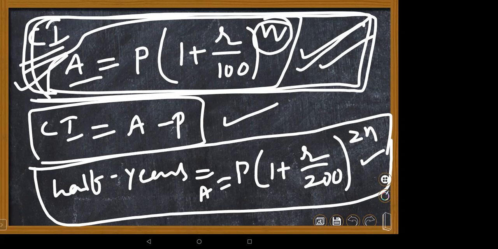Yes. So suppose they're asking 2.5 years. For the first 2 years, you need to find it out using the compound interest formula, half yearly. Then for the last half year, take the principal as the same. Yes, ma'am, we need to take the principal which we got in compound interest, and do it. So some questions easily, children.